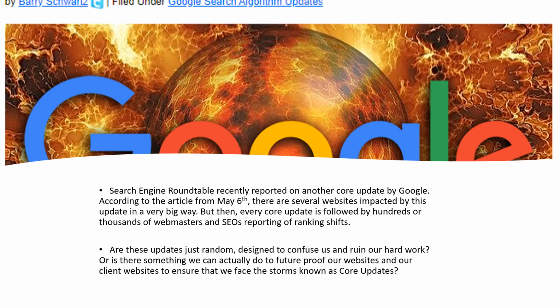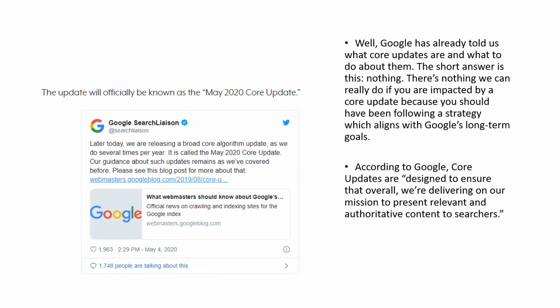Now, the core updates are totally different from something like a BERT algorithm update, or a Penguin, or a Possum, etc. Those updates are very, very specific, and there is something specific that Google wants you to do. They're targeting something specific. But the core updates speak to Google's larger goal, which, according to Google, is: these core updates are designed to ensure that overall we're delivering on our mission to present relevant and